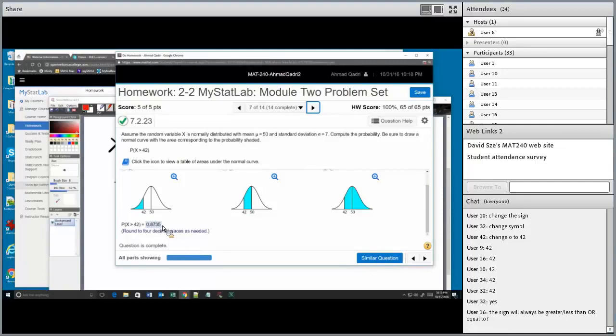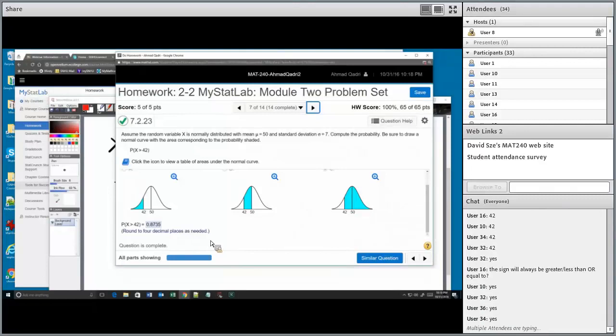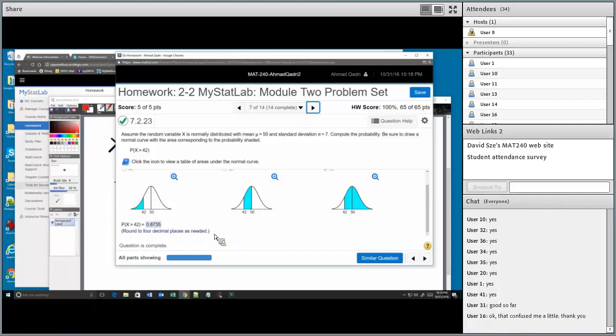So what do you think? Good so far? Sarah, as I mentioned earlier, it doesn't matter. In continuous distribution, greater than or greater than or equal to, they both mean the same thing. Normal distribution is a continuous distribution. In this case, it doesn't matter if you have less than or equal to. They both mean the same thing. It only matters when you have the discrete distribution. Okay, great.